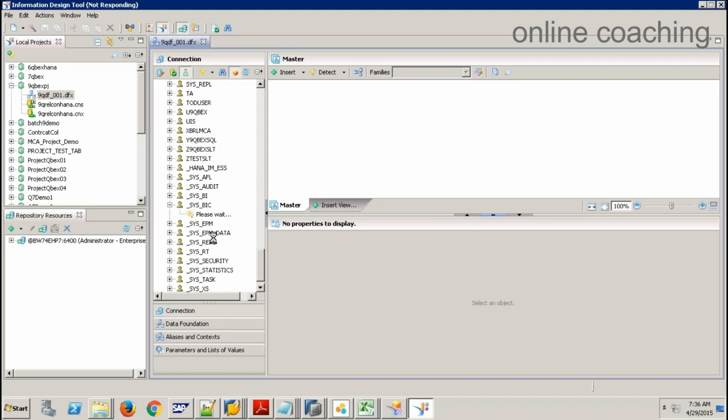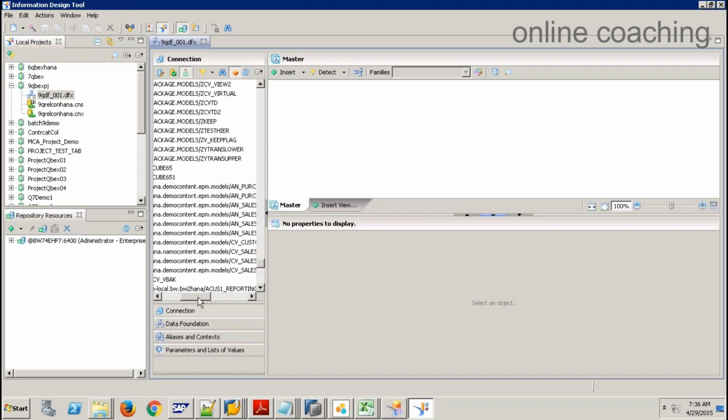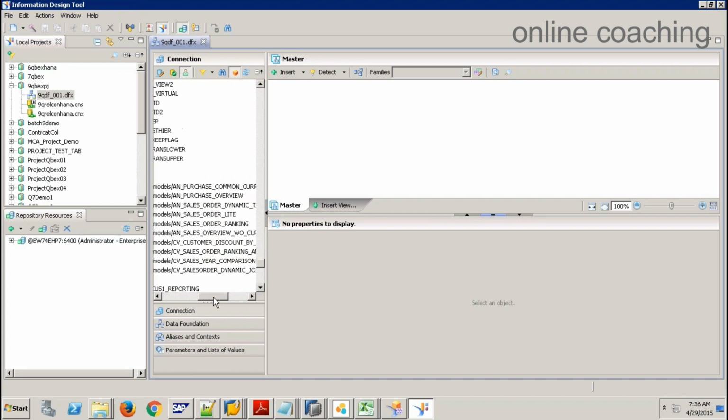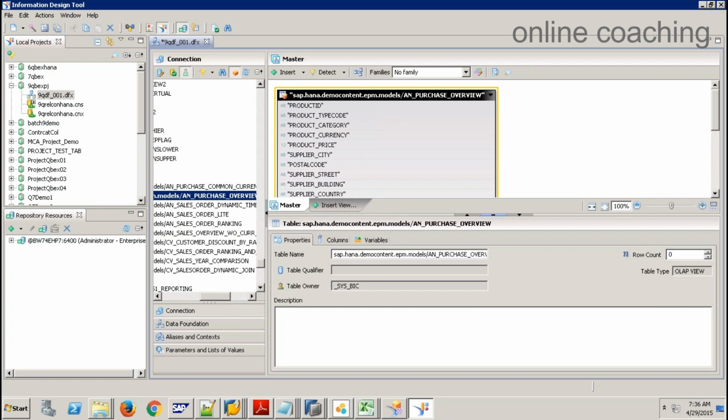So it is going to read all those column views from sysbig schema and then show you. In this choose something. So I take this column view. That is it, and then they say save,